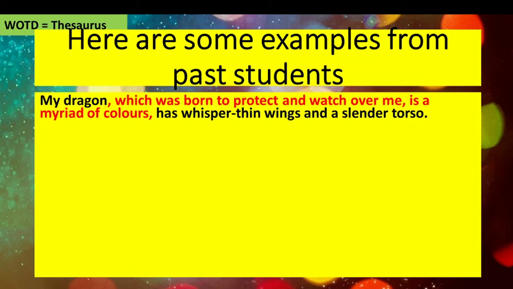And then I have gone on to describe other parts of that dragon, but the main part I'm highlighting there is the fantastic use of the relative clause, because if I get rid of that, I could have my dragon has whisper-thin wings and a slender torso. But by using that relative clause, I just make it a bit more powerful. And the word myriad means like a huge variety. So we're trying to use different